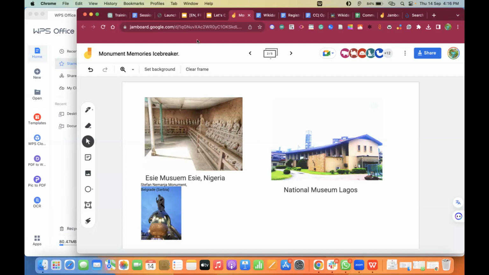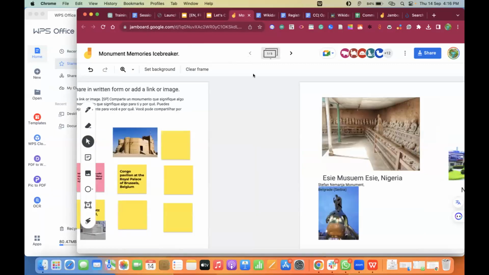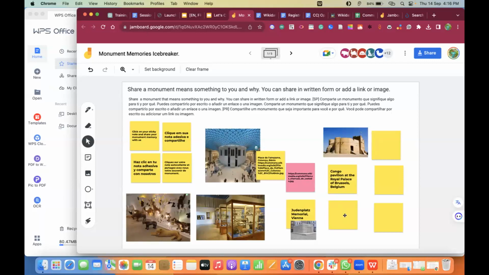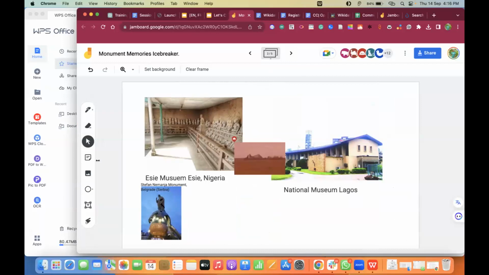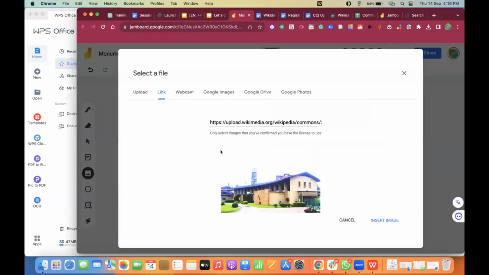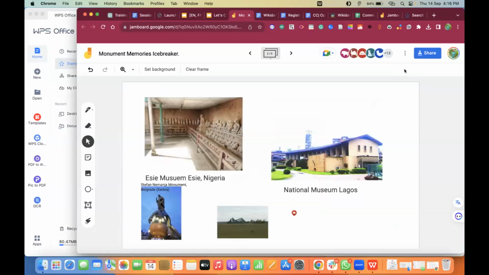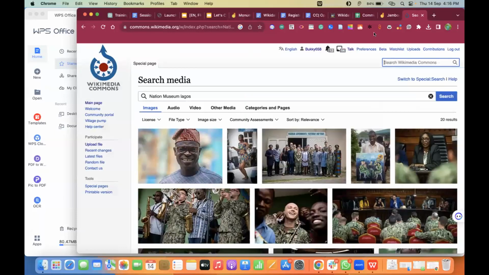You can do that by either putting the name of that monument using the sticky notes and then clicking on save, or you add the image directly from Wikimedia Commons by clicking on add image, copying the URL to that image on Wikimedia Commons, and then adding it on the Jamboard. It's very easy. I hope that was very clear and you are able to follow along.